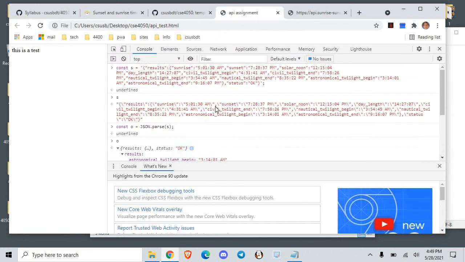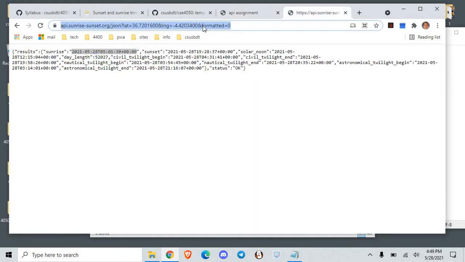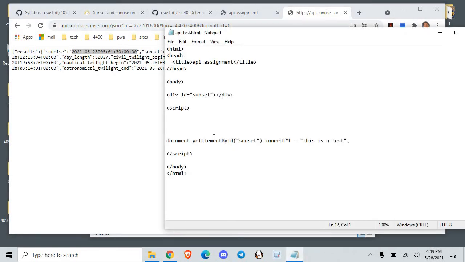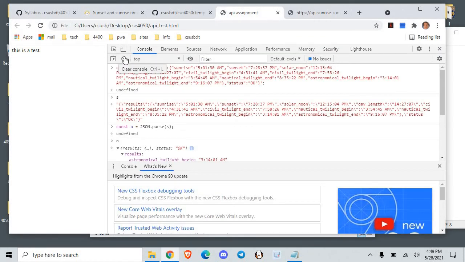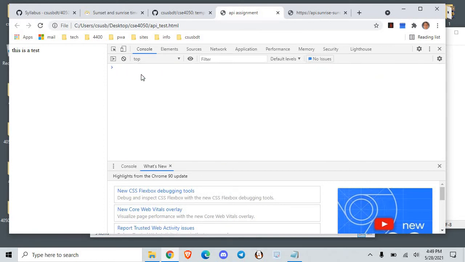So let's get this stuff in our code. We basically need to request this thing, and we use fetch here. I don't usually do it like this, but I think I could. If we use fetch, and we type this in. Okay, and then fetch returns what's called a promise,